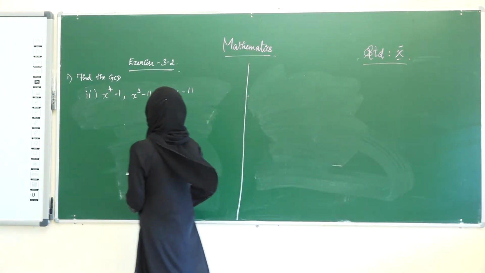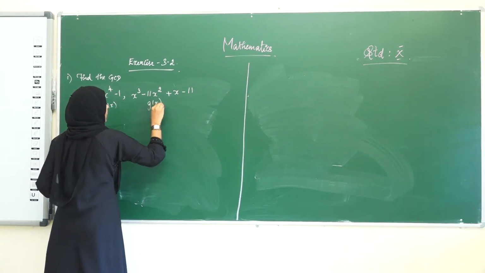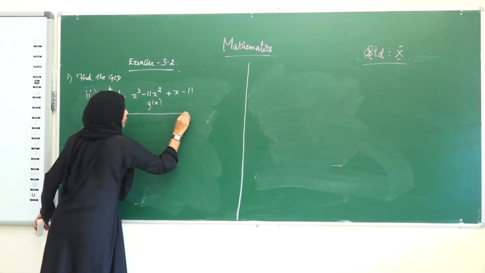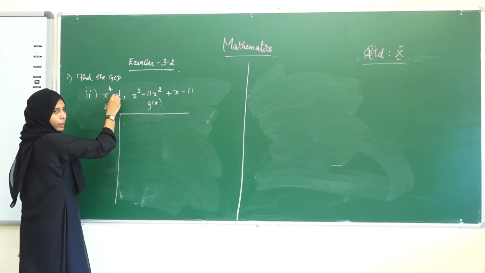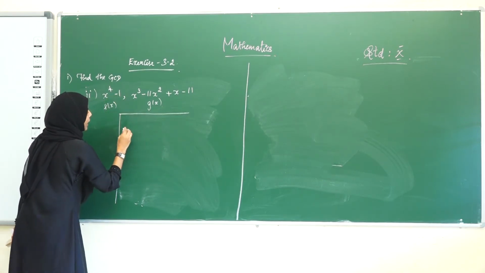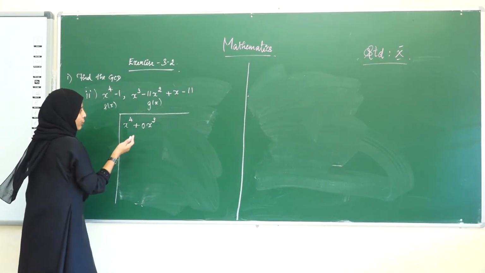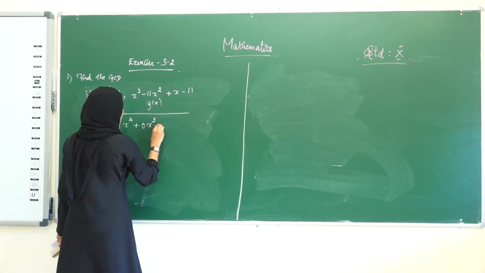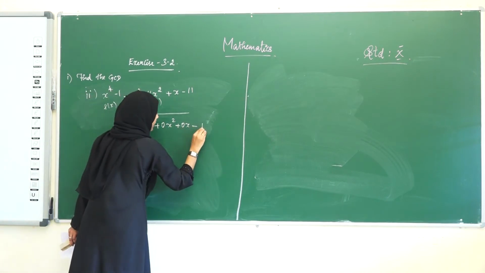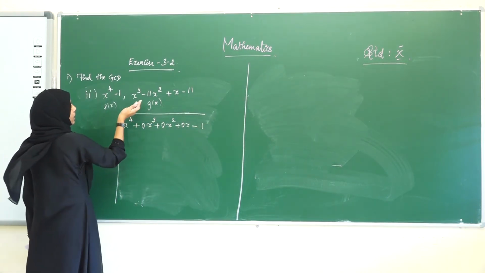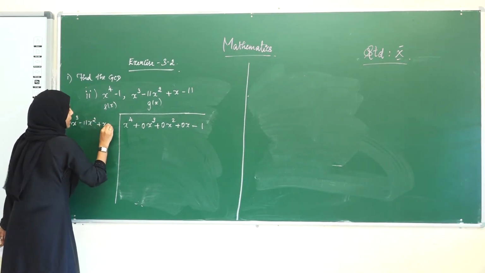Okay, so here this is the higher degree polynomial, therefore we can take this as f of x and this is g of x. Shall we start the long division? So for this, to avoid confusion, see here there are no x cube term, x square term, x term. For that we are adding it as x power 4 plus 0 x cube, plus 0 x square plus 0 into x and then minus 1. Okay, we have to divide this by this, that is x cube minus 11x square plus x minus 11.